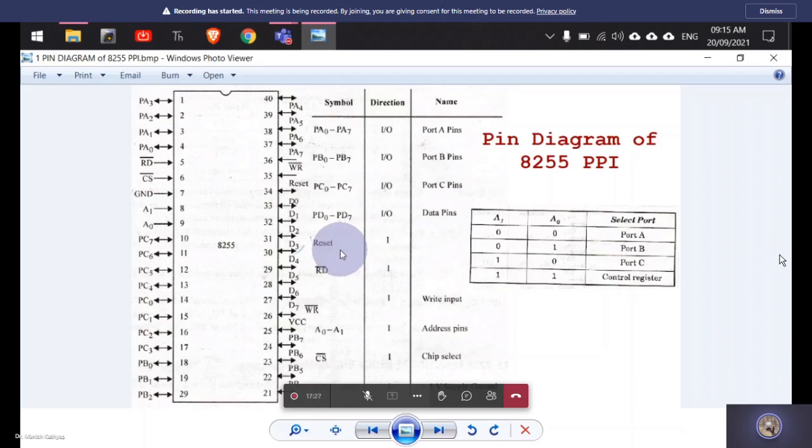And VCC and ground, it is also an input port. So the plus 5-volt supply, which is used by your microprocessor, will also be used in this particular chip. So that is the case. You can also see that there is this write pin and read pin, etc. somewhere in this IC, right?